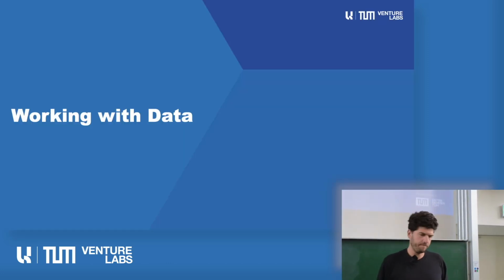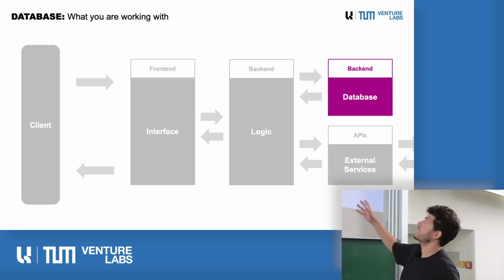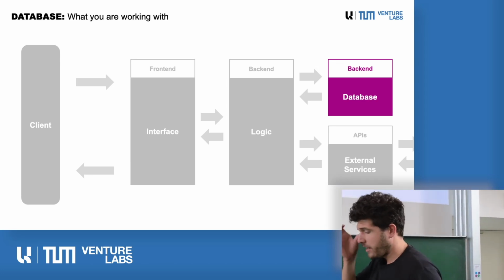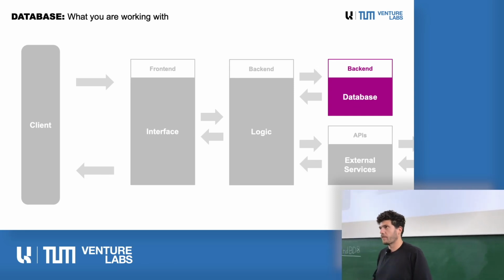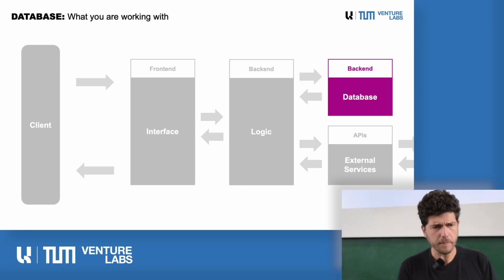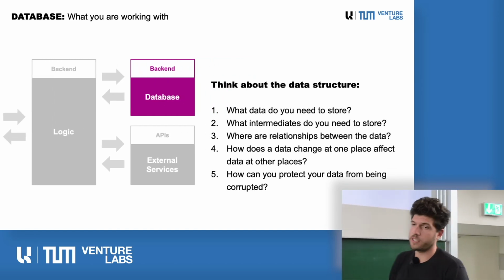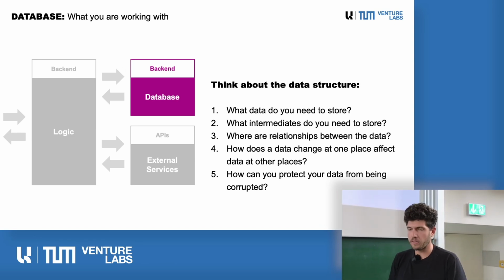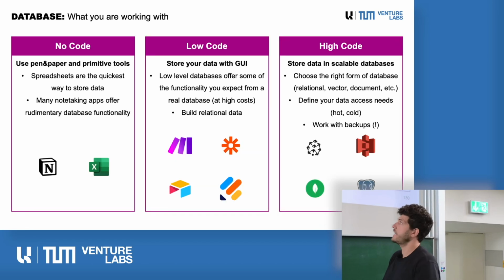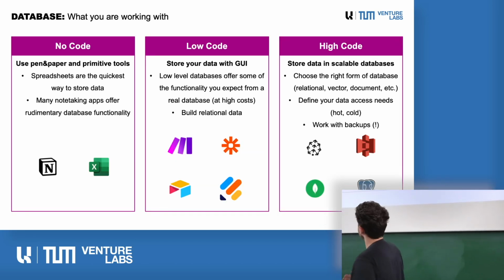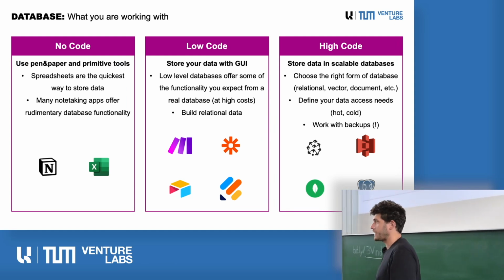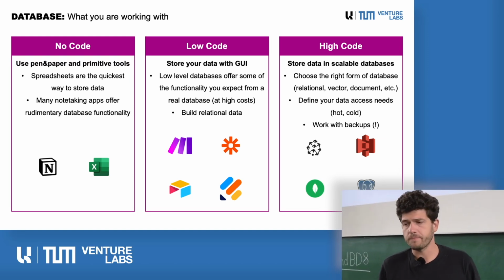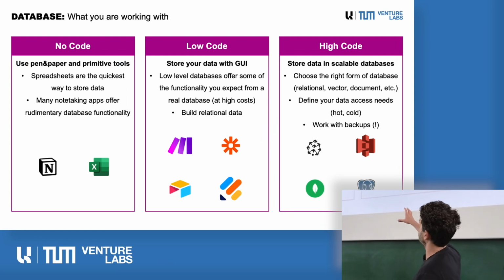Let's talk about data. So in our framework, where does data come in? Data comes in at the very back end of everything. It is where every logic step talks to, where everything is stored, where everything gains permanence. And we have discussed that there are a lot of considerations we should have with data. And what you already saw with Make is that there are so many different sources where you can use data. We try to work with internal data stores. We worked with Google Sheets, which is another spreadsheet, very similar to Excel. And now we want to focus a little bit on